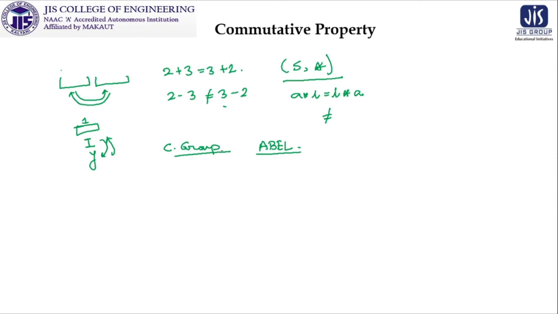Please emphasize one point: there may be a group which is not commutative, because commutative is an adjective. It is not an inherent property of a group, but the first three properties are mandatory to become a group. So you can have a semigroup which is commutative. It is possible because commutativity is a property of the binary operation on the set. But it is not possible to have a commutative group which is not a group. You can't claim it, because logically it is not possible. Obviously, you can't generate an example.